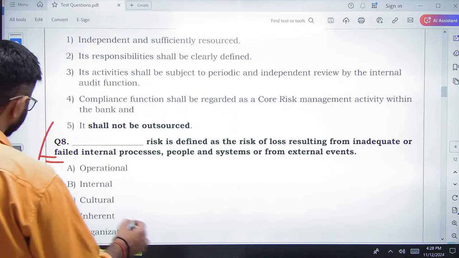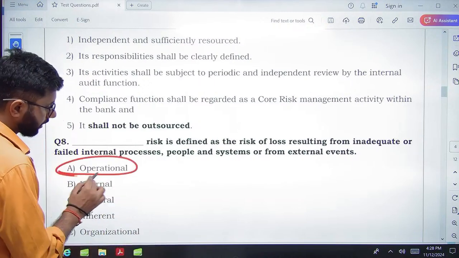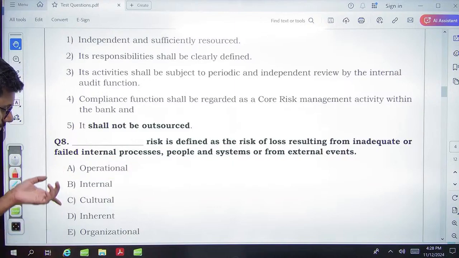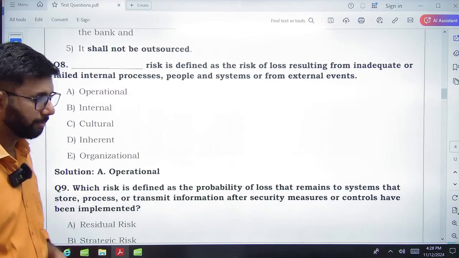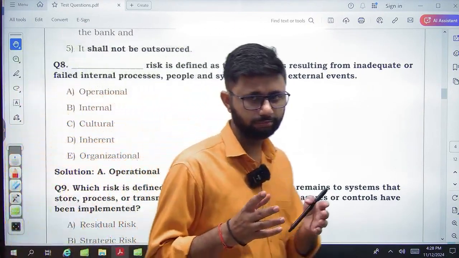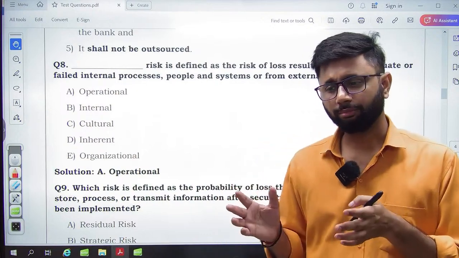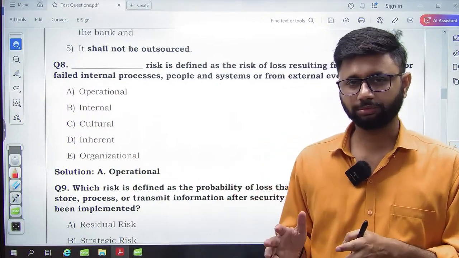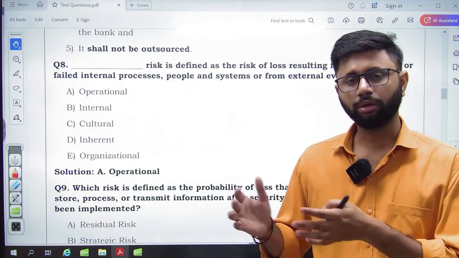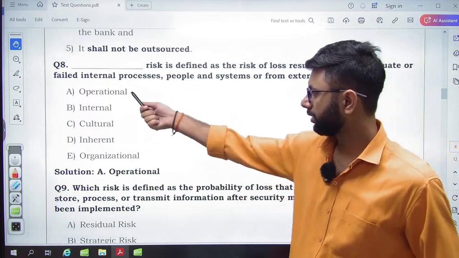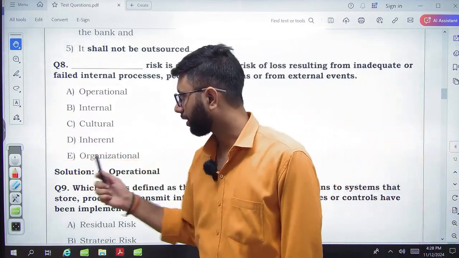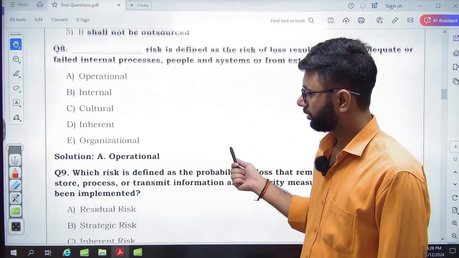See, the correct answer for this is operational risk. Okay? Operational risk, I've already told you, basically जितने भी कंपनी के कोर प्रोसेसेस होते हैं ना, by which they do business, ठीक है, all these, उसमें अगर कोई इशू आ रहा है because of any reason, that is your operational